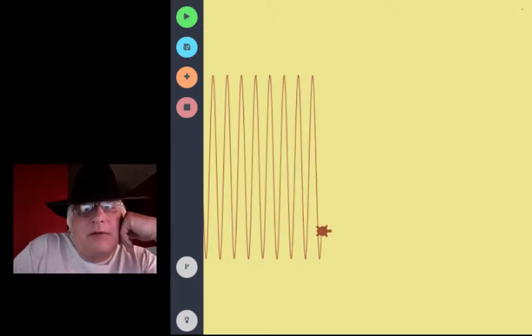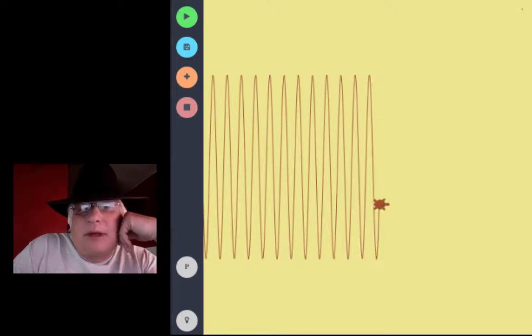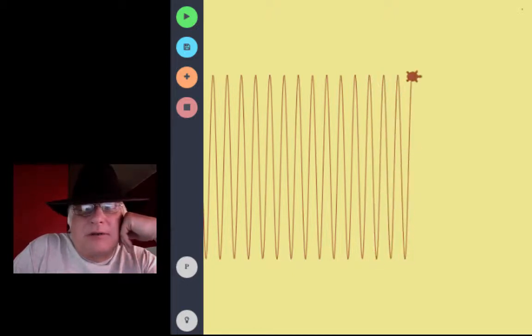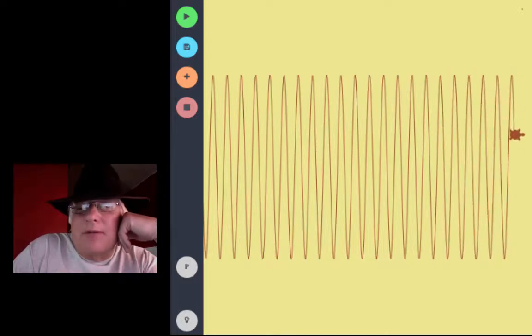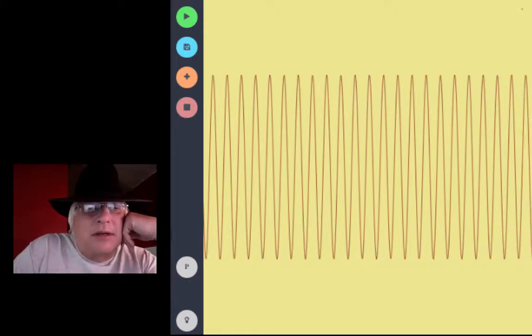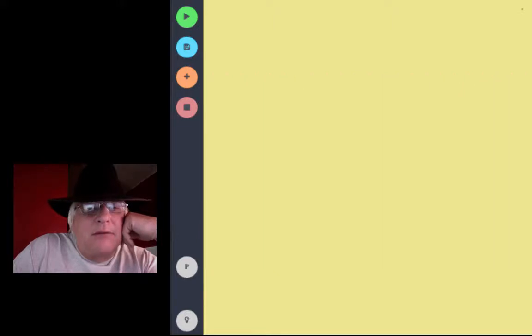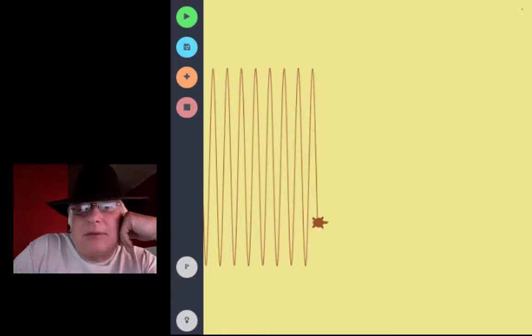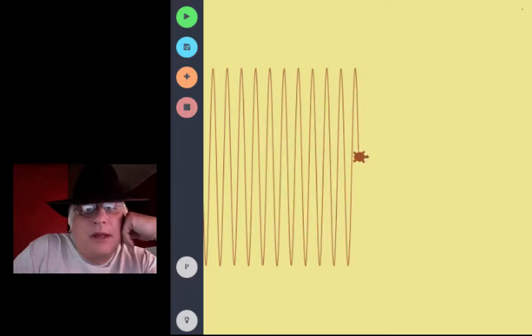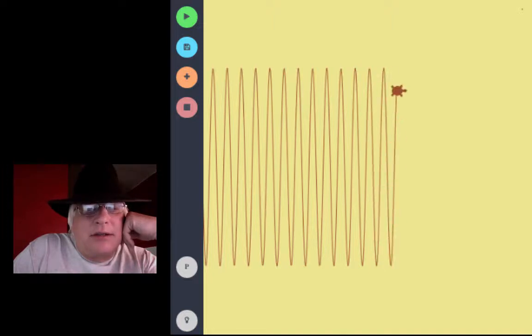tractor.clear erases everything the turtle has drawn. Not just the turtle goes away, but the entire trajectory that the turtle has left behind goes away. So what this program does, to summarize, is it goes across the screen with a random frequency and amplitude within certain limits that I've defined in the function call. So when I call the function wave, it's just going to pick a frequency, an amplitude, and do its thing. And when it's done, it's going to